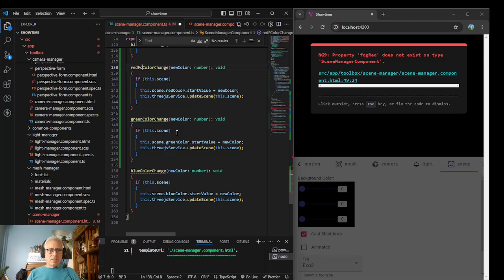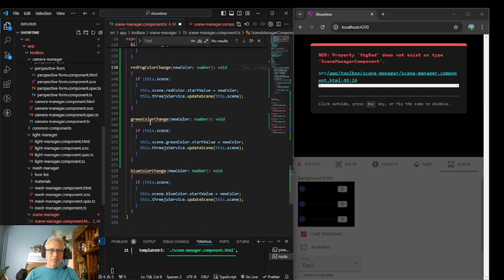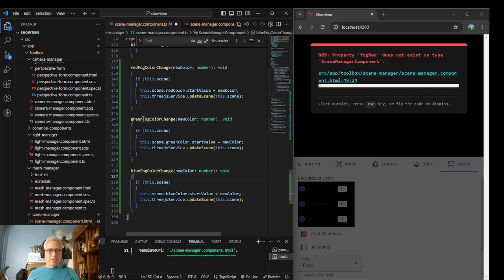And did I think I named that fog, right? Red fog. Red fog color change, and now it's not complaining about that. Green fog color change. Blue fog color change, and then